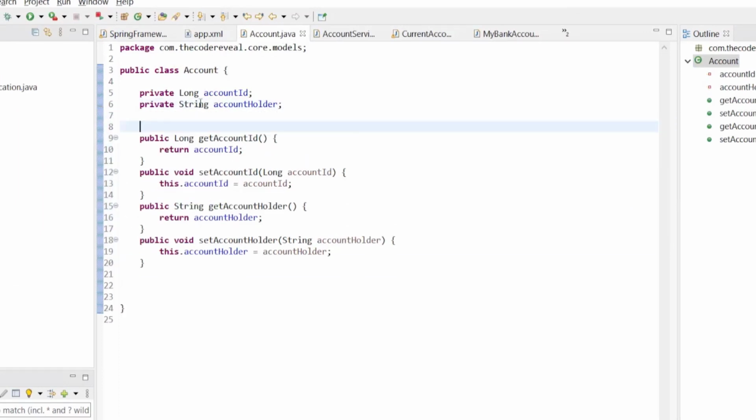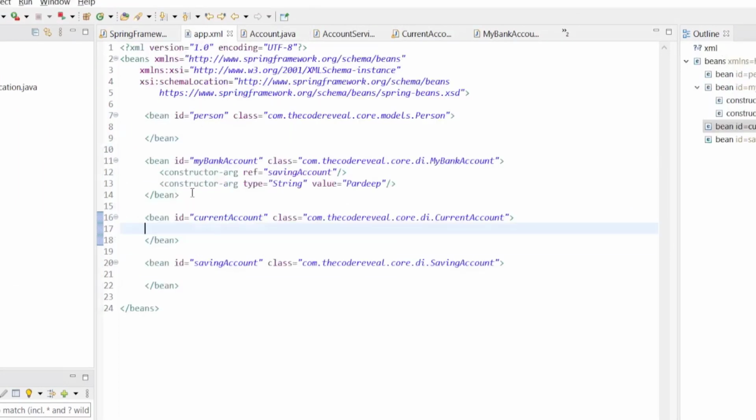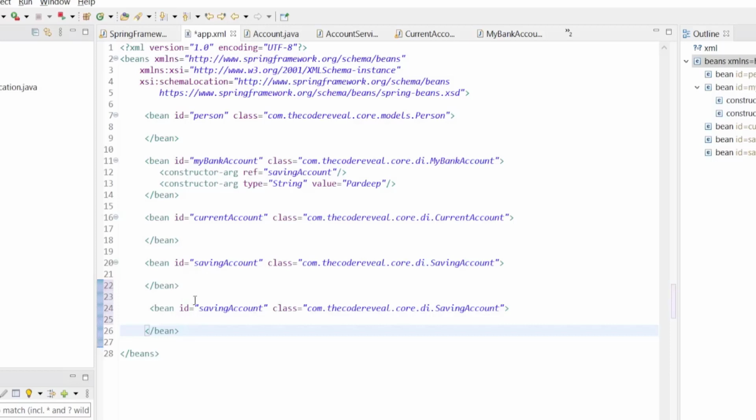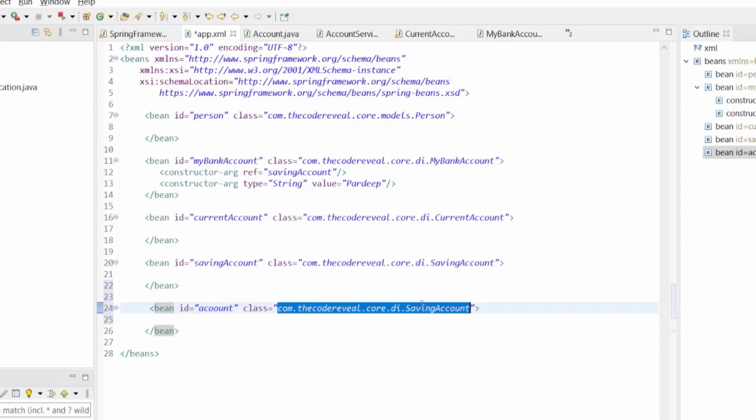So to add this account in the app.xml, we'll use one bean here, and we define this as account, and we'll use models.Account.